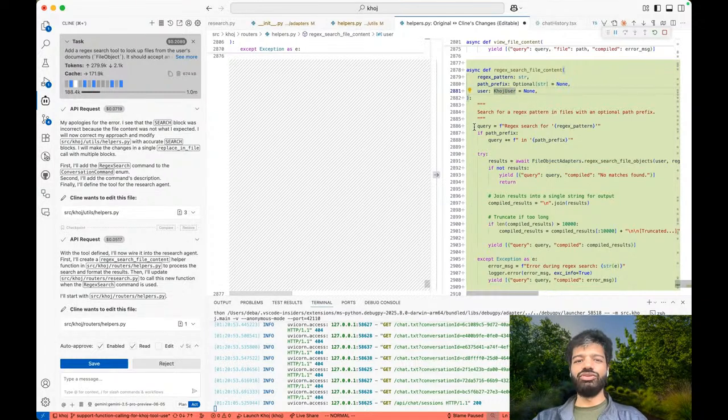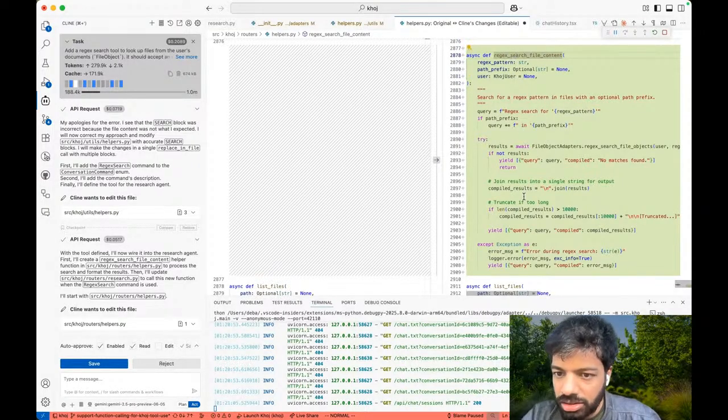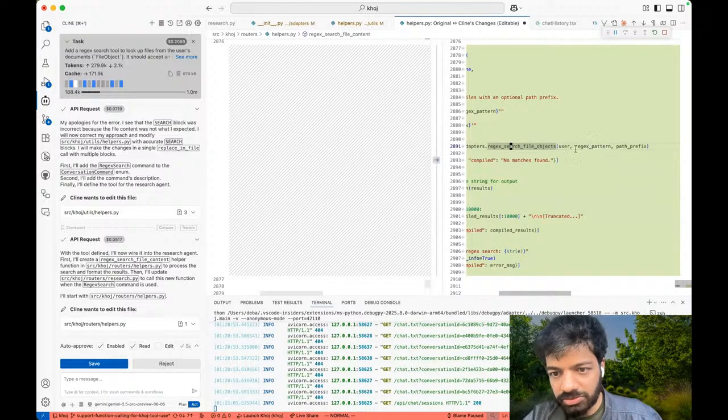So this is where the tool logic is written right now. It needs to be broken up into a bunch of different tools, but for now, a bunch of smaller tools get written in the router helper. And here, Cline has added the tool function, and it's calling up this regex search file objects adapter with the path prefix and stuff.